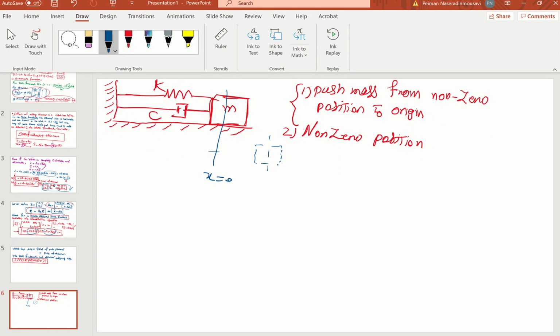Who knows? So what I'm gonna do, and this is your U, right? The first case is that I'm gonna say x at time 0 is 0.3, because it's here, say it is 0.3, and x dot at time 0 is 0. I'm releasing from the rest,